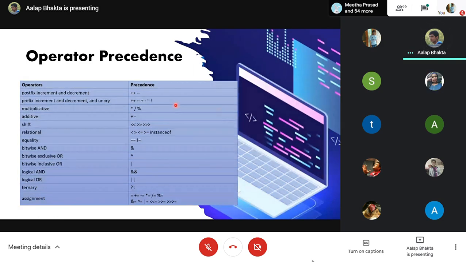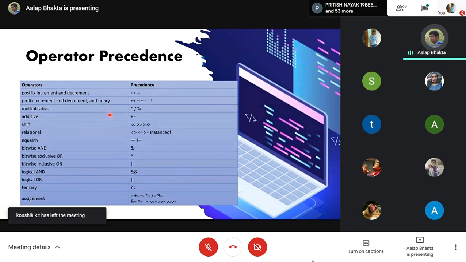So these operators are used while coding a big expression. If you need to find the value of a particular long expression, then you need to know the order of precedence. For any mathematical formula we know the BODMAS rule: division, multiplication, then addition, then subtraction.